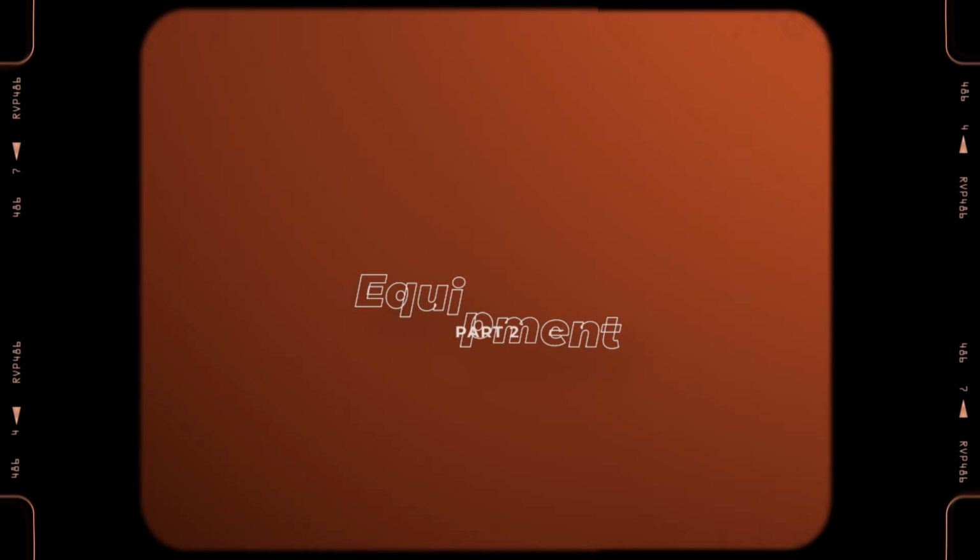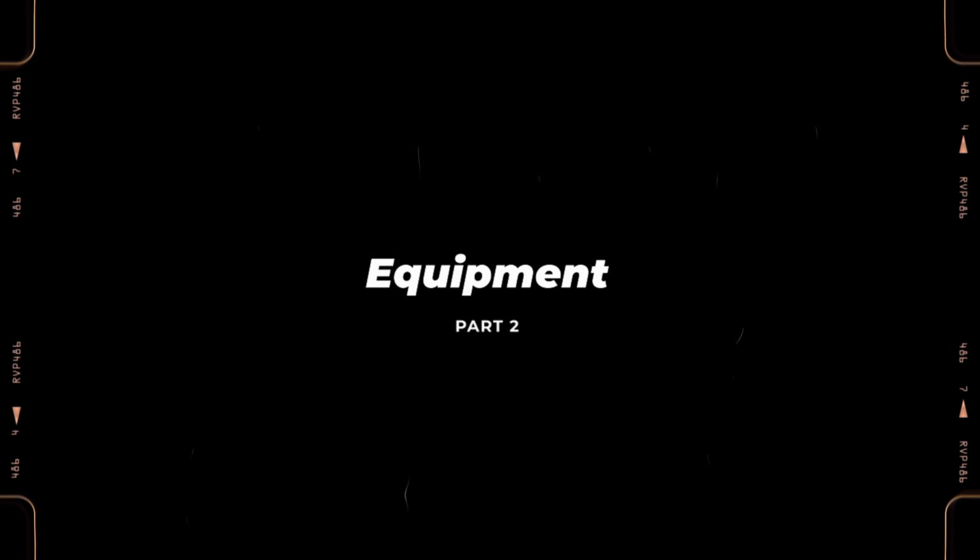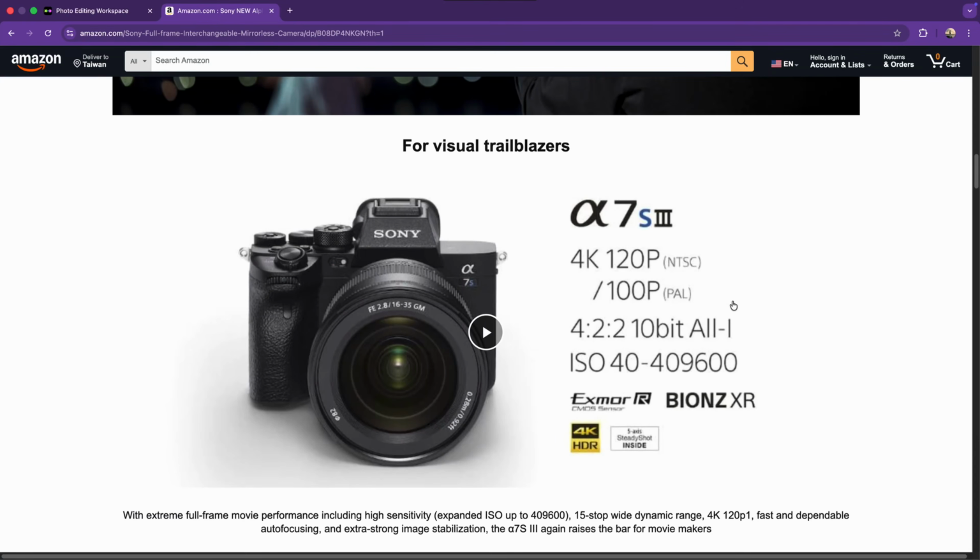Now, once you understand the concept, let's move on to the second section, equipment. To create this scene, I only used one camera, one tripod, and one light. Here's a really important tip. You will need a camera that can shoot at least 120 frames per second in 1080p. Otherwise, it's going to be hard to create smooth slow motion footage in post. My Sony a7 III can shoot 4K at 120 frames per second, so it was more than enough to get